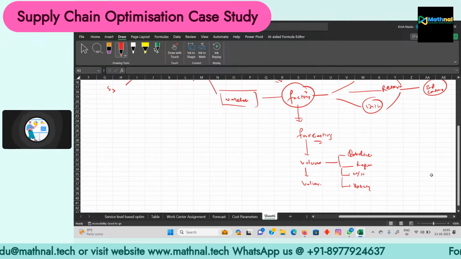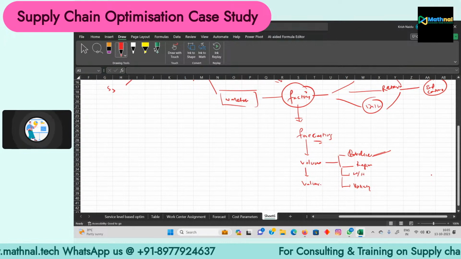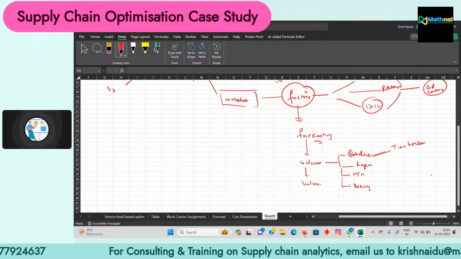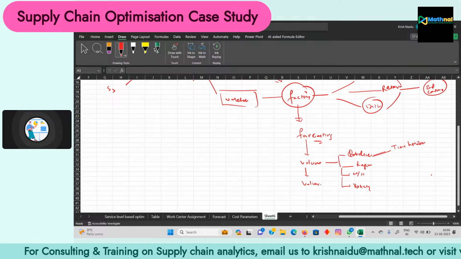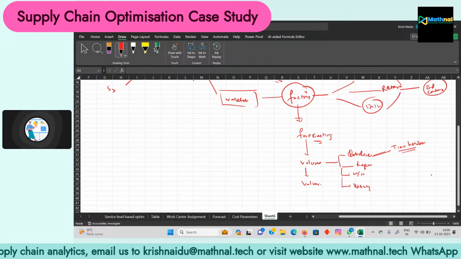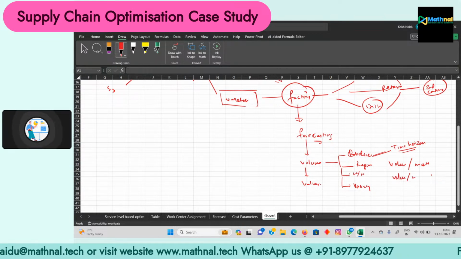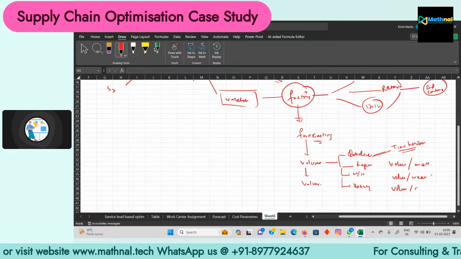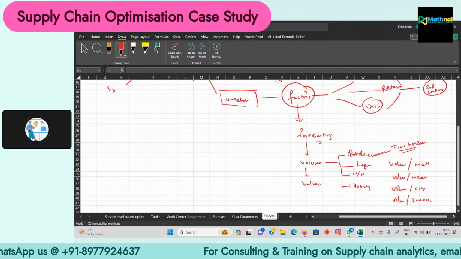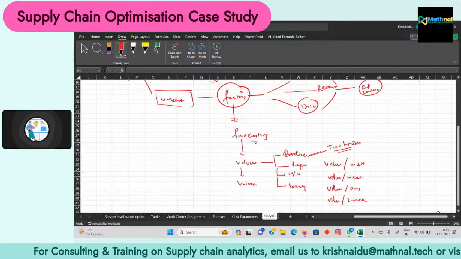Now, what happens once you forecast for various categories? These products have to be shipped on a certain time horizon. So we need to ship the products to the region or to the warehouse, of different varieties, in a particular time horizon. So the time horizon is a very, very important part. Suppose you're shipping volume per month, or volume per week, or volume per day, or volume per 2 weeks. Because if you are doing production, but the production is not measured in terms of time,